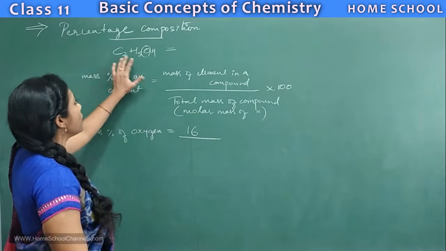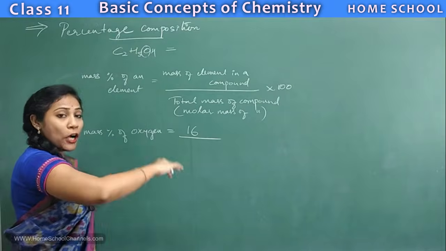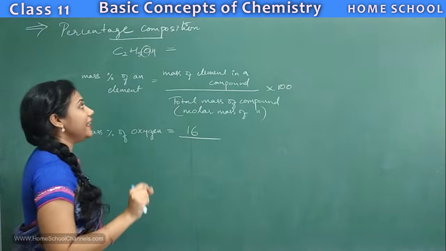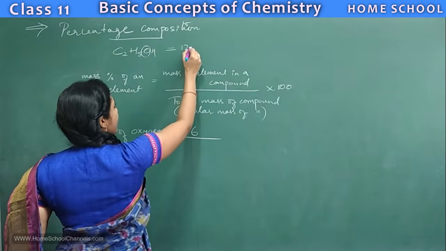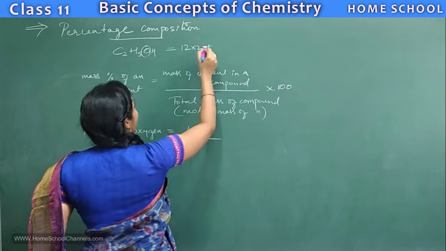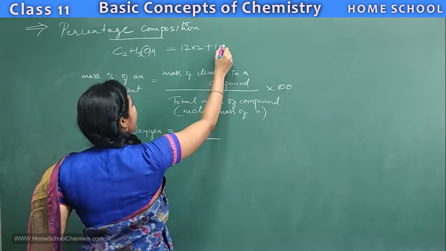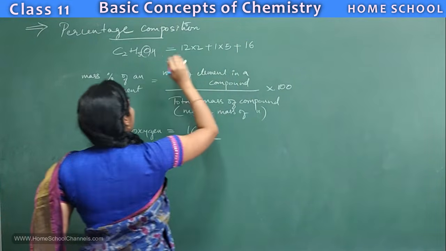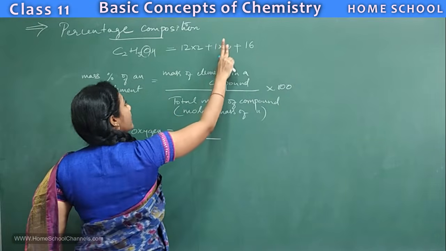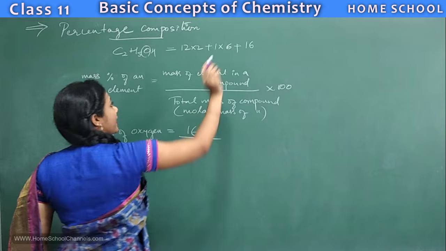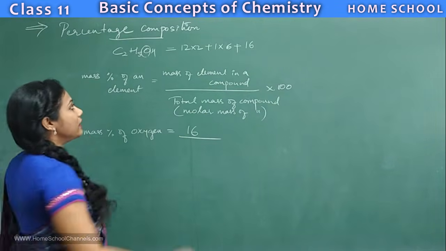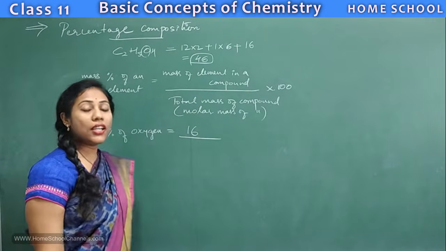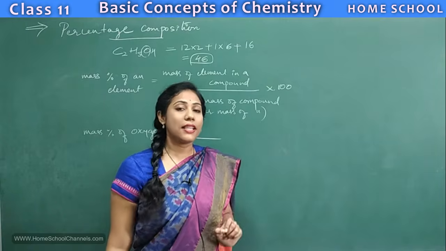So what is the molar mass of ethyl alcohol? It is the sum of the atomic masses of each and every element present in the molecule, right? So what is the atomic mass of carbon? It is 12 into 2, plus the atomic mass of hydrogen, 1 into 5, plus the atomic mass of oxygen, that is 16. Again, one more hydrogen is there, I will include it here. So the total number of hydrogens is 6. So 1 into 6. So altogether how much do you get here? 46. You will get ethyl alcohol's molecular mass or molar mass as 46.